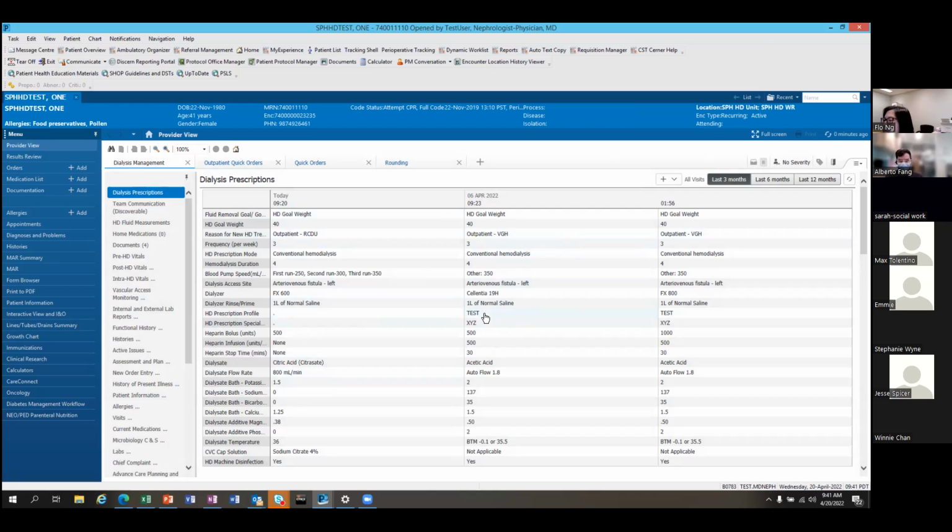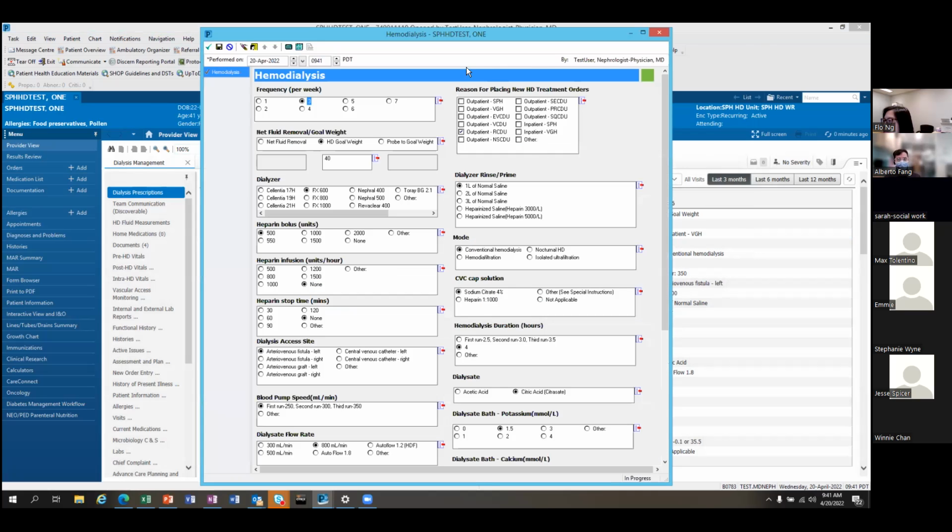Can I ask, do we need on the power form then, similar to the hemodialysis prescription, do we need to differentiate that it's home hemo VGH and then home hemo SPH? Yep, that's a good point. So it'll pretty much be similar to this reason for placing new HD treatment orders box, but the home hemo one will just be